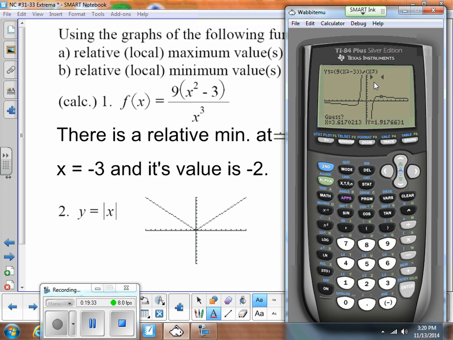Enter. These two arrows should be facing each other. It's bounding it. So within this area here is where I'm asking the calculator to find the highest point. Hit enter. The highest point is occurring at 3, and its value is 2, which makes sense because this is